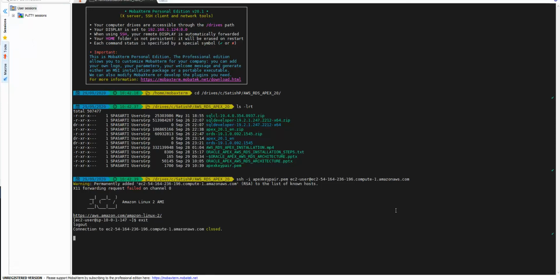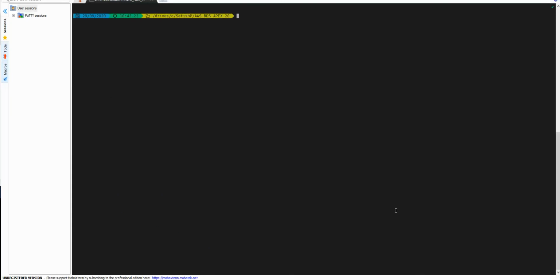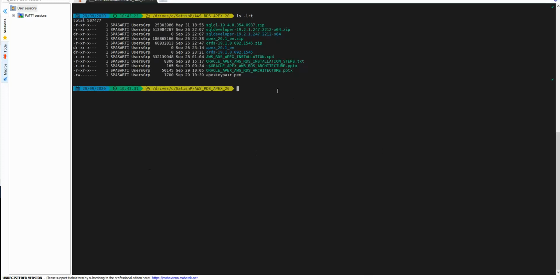So let me go ahead and exit. Okay. And the things we need to do is, let's go back and look at what the software is. So we need three softwares, but basically one is SQL CL, and then Apex and ORDS. The reason why we need SQL CL is basically